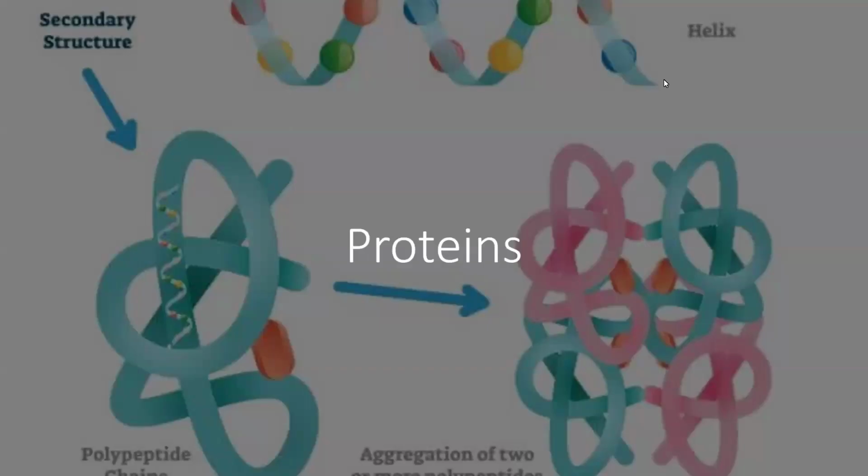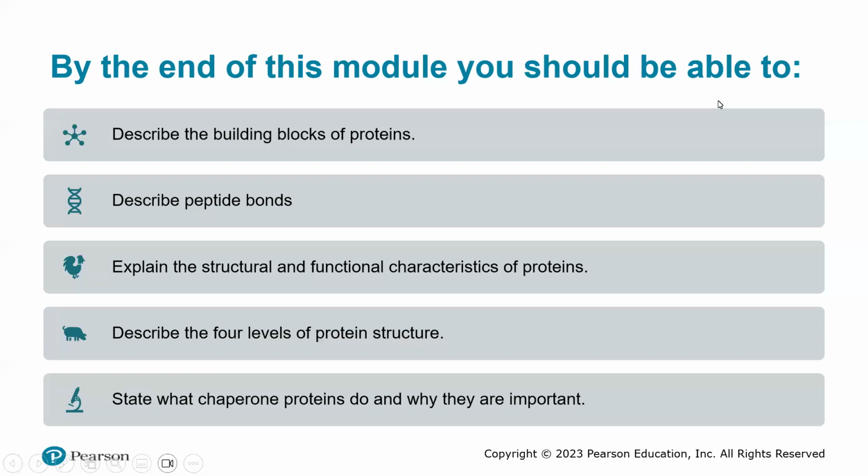Hello, everybody. So we are going to talk about proteins, which is the last biomolecule that we're going to be talking about from chapter 2 here. And so let's jump right into that. By the end of this module, you should be able to describe the building blocks of proteins, describe peptide bonds, explain the structural and functional characteristics of proteins, describe the 4 levels of protein structures, and state what chaperone proteins